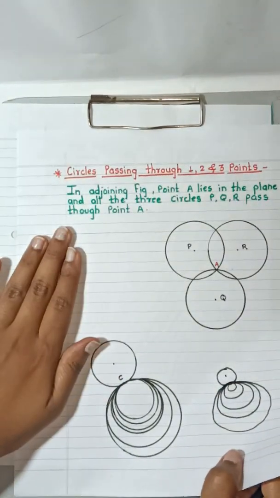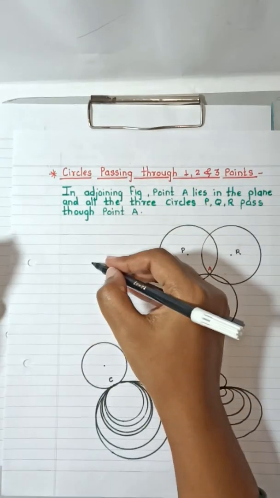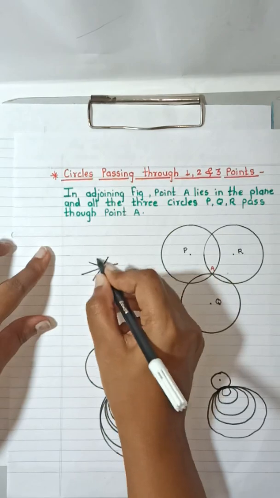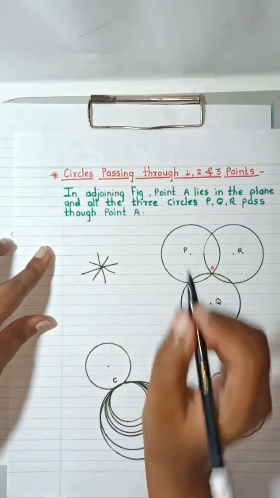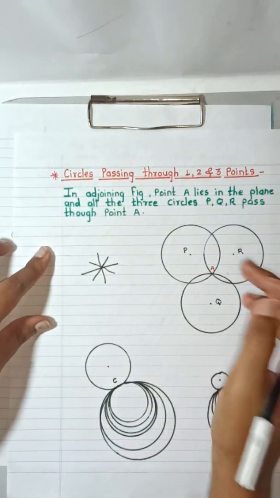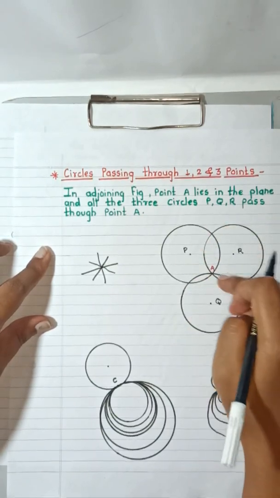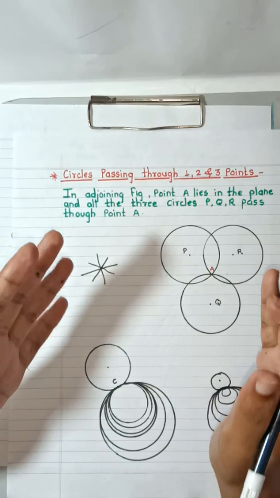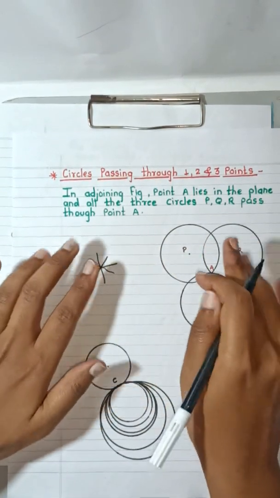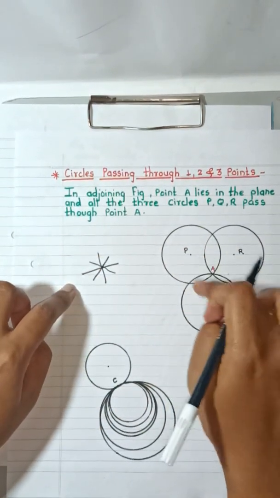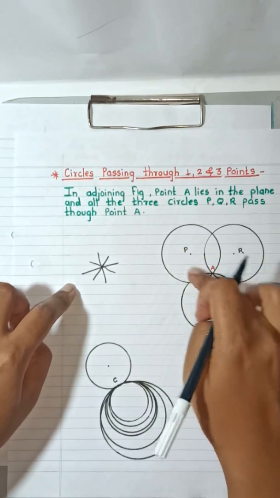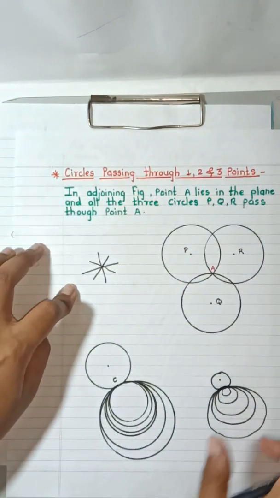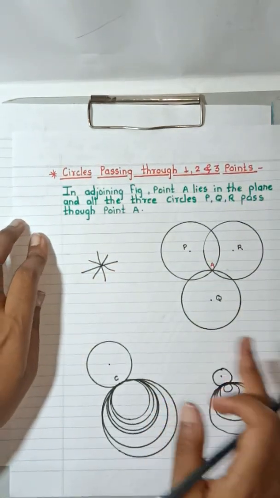Have you understood this? As from one point you can draw many lines. Suppose this is a point, you can draw infinite lines passing through this point. In the same way, they have only given 3 circles over here passing through point A, but you can draw infinite circles passing through point A. But remember that these points are not collinear, they are non-collinear points. Okay, you will understand this better from the next activity.